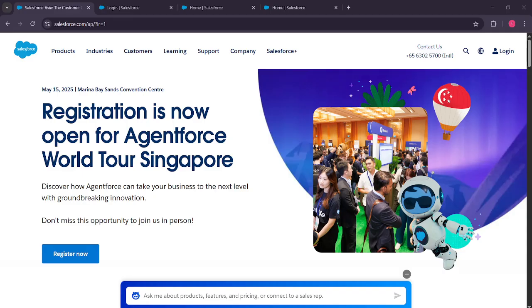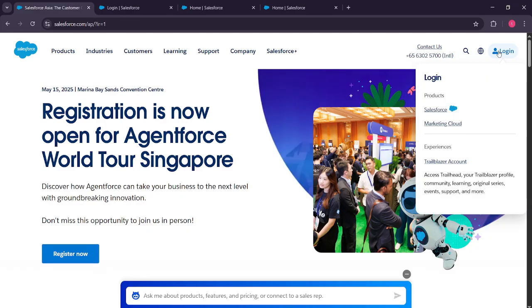First, start by navigating to the Salesforce website. You can do this by opening your preferred web browser and entering the Salesforce URL in the address bar. Once you're on the Salesforce homepage, head to the top right corner of the page. Here, you'll want to hover over the login section. This is where you typically input your credentials to access your Salesforce account. So, as you hover in this area, look for the option that will allow you to select Salesforce and proceed